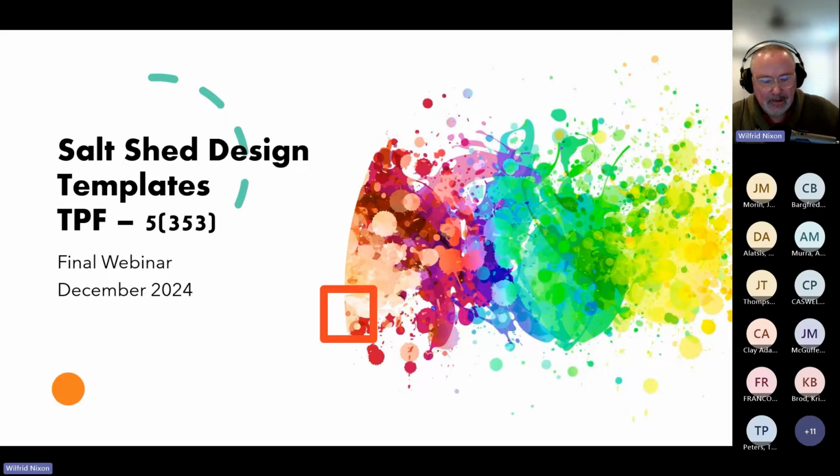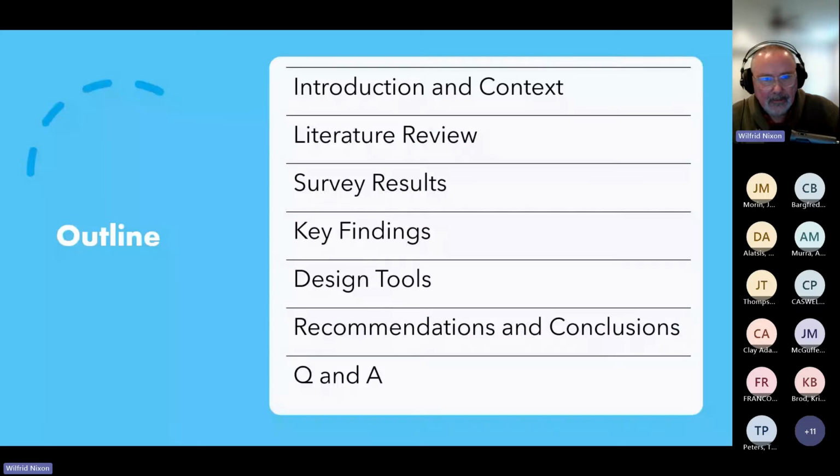As Greg mentioned, this is the Salt Shed Design Templates project, our final webinar. And the outline of what I would like to go through today with you all is introduction and context, then the literature review and survey results, the key findings, the design tools, our recommendations and conclusions, and then, as Greg indicated, Q&A, so we can address any questions or concerns that have arisen as a